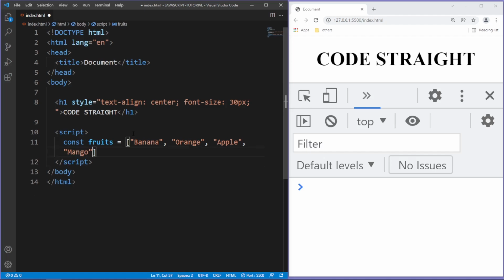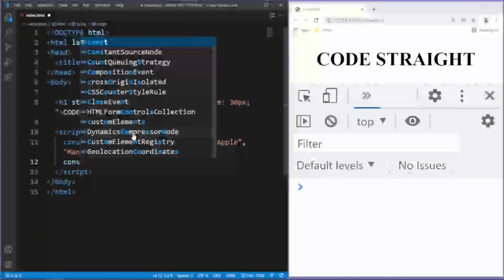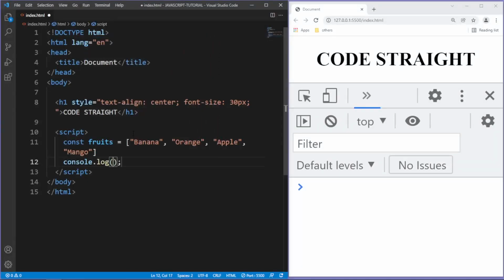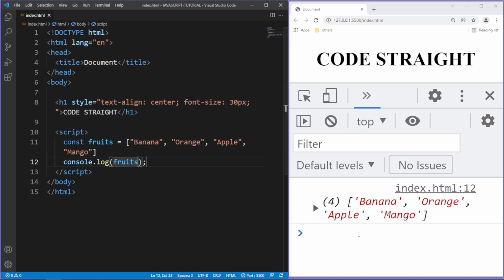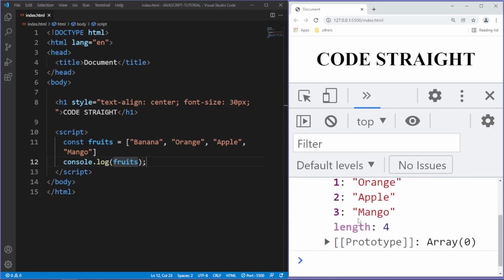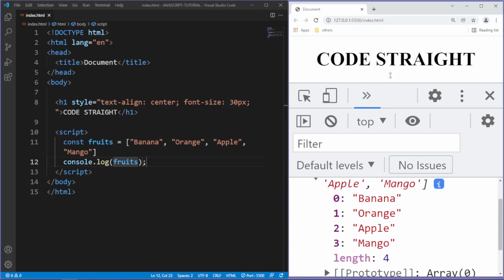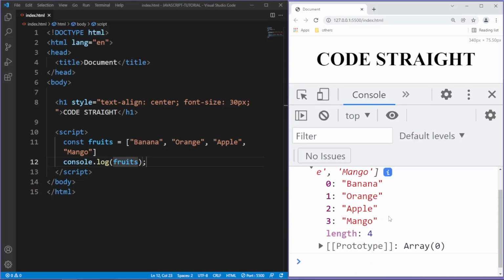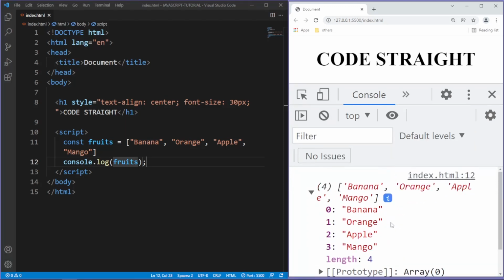And then I'm gonna console log our array, hit save, and in Chrome DevTools console tab we have got this array. Let me zoom out a bit. Alright, so this is what we have, an array of fruits, and now we can convert it to a string